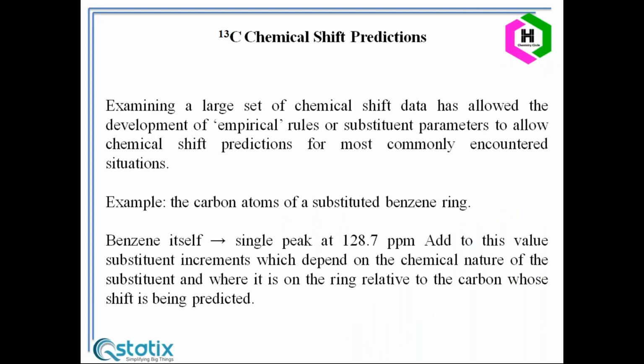So finally, we are coming to the phase of C13 chemical shift predictions. For example, if you are exploring a large set of chemical shift data, you need to allow the development of empirical rules. The prediction of chemical shift values for the most commonly encountered situations can be done, but it is slightly difficult to analyze. There is a possibility to get the dependent values and then comparison values to remember the chemical shift values in